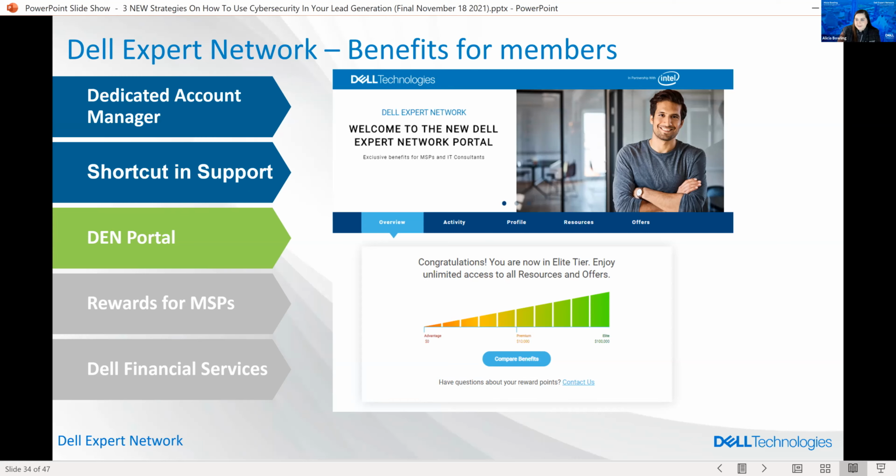Another question I get asked a lot is, are there any minimums for the program, quarterly or yearly? Is there any cost to joining the program? And the answer to that is no. So, from 0 to 10K a year in end user sales, you're considered an Advantage member. Once you hit that 10K threshold, you move into the premium version. And then after $100,000, you get into an elite version, and then you get a cool vest like this. So if you need any more encouragement, the vest is all I have.